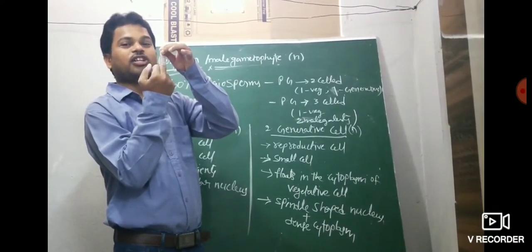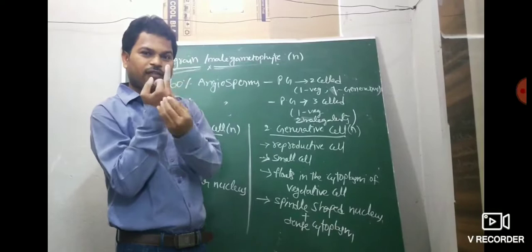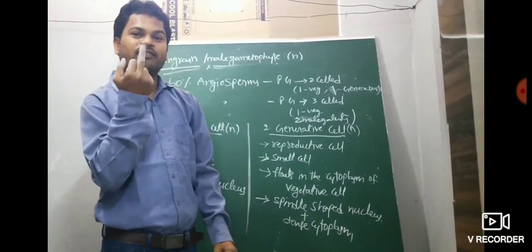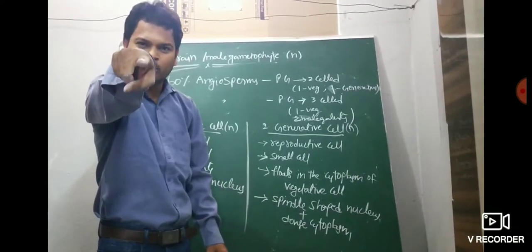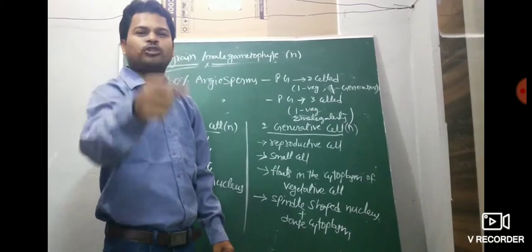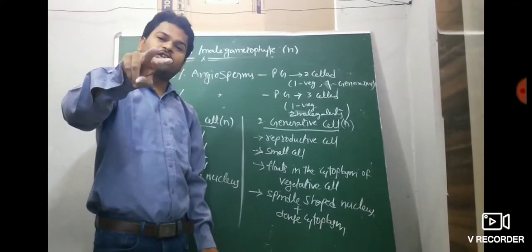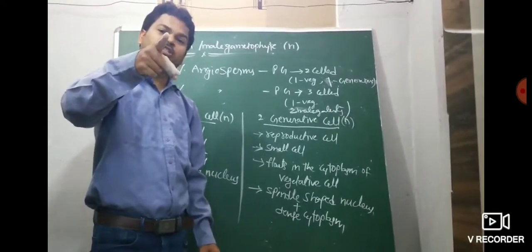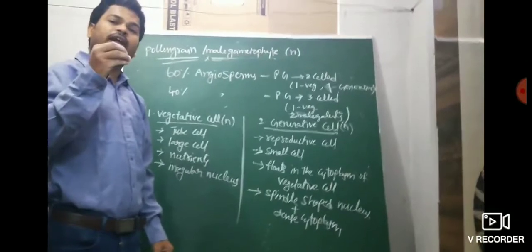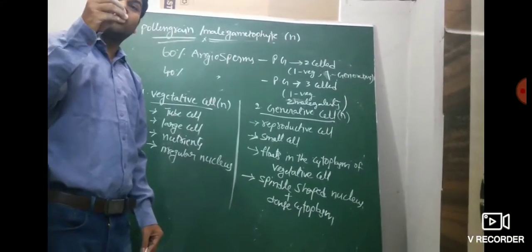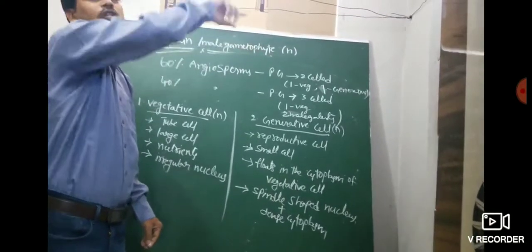When the pollen grain reaches the stigma and is compatible, it germinates and develops the pollen tube. The genetic information of the pollen grain is transferred into the pollen tube. Inside the pollen tube, the generative cell produces the male gametes. So in 60% of angiosperms, the generative cell produces the two male gametes by mitosis inside the pollen tube. But in the remaining 40% of angiosperms, the generative cell produces the two male gametes by mitosis before the pollen is shed, before it reaches the stigma.